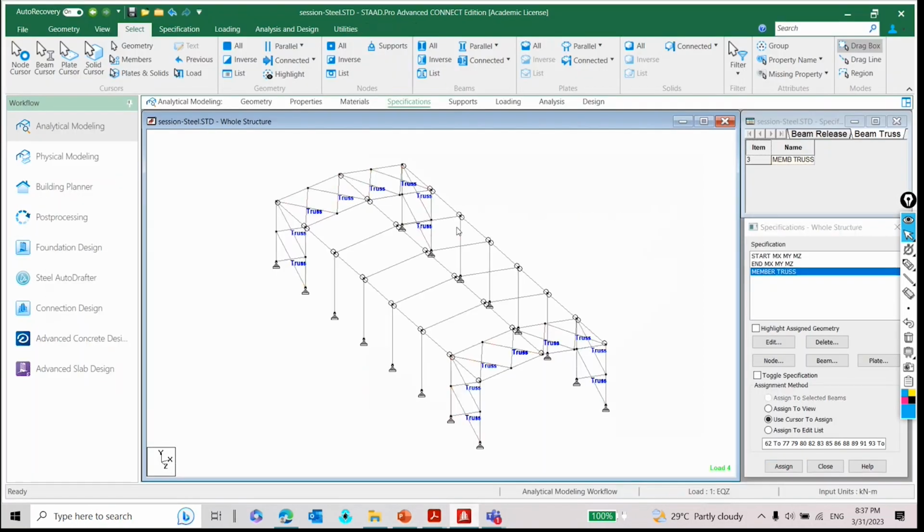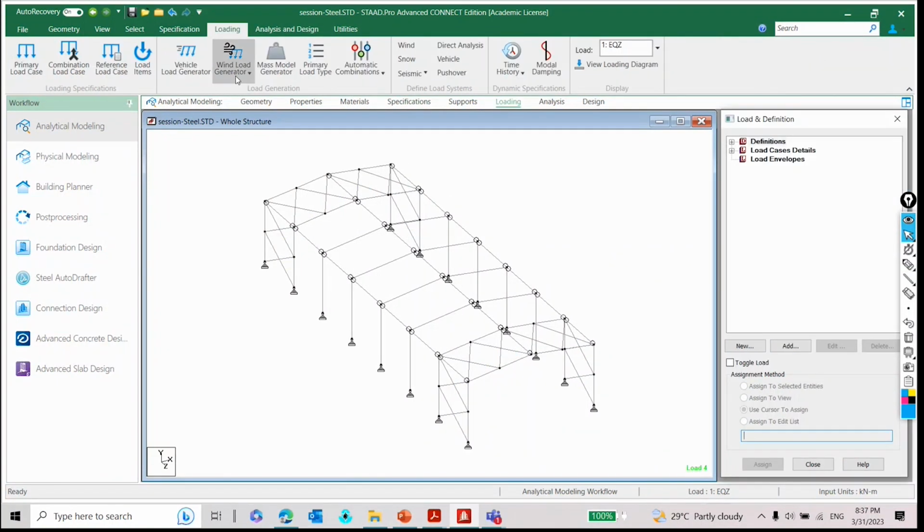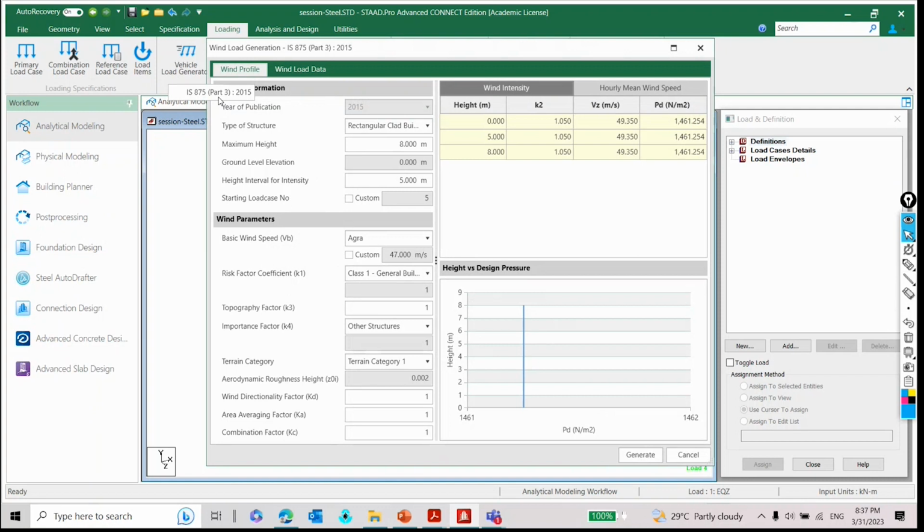So when it comes to the program, STAAD, in the latest version update, I think update 8 or 9, from that time onwards, they introduced this wind load generator. So currently you can generate the wind load as per IS 875 part 3 2015 code from the program itself. So once you click that,